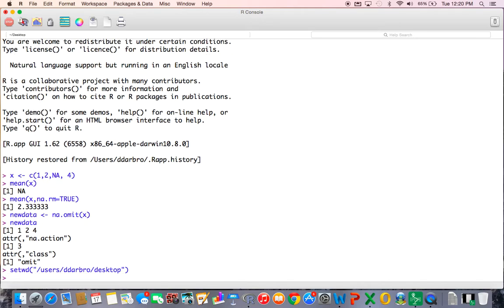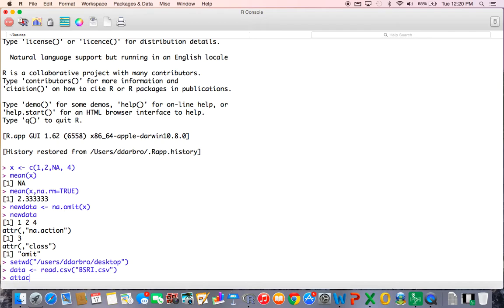Guys, just to give you an idea of what we're going to be doing here, we're going to go through the complete analysis, factor analysis, and principal component analysis, and then I'm going to show you how to write something like this up, depending on what we get. So, guys, let's just call this data, and I have this in CSV format. What did I have that as, BSRI.CSV? Yeah.